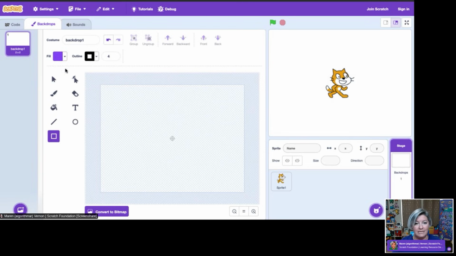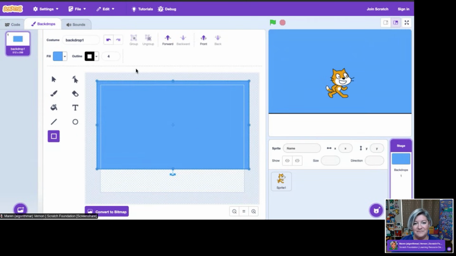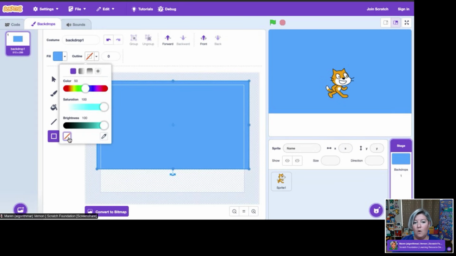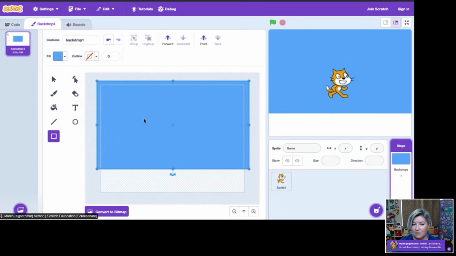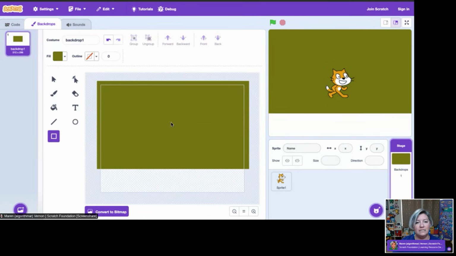So I'm going to take my rectangle here, and I'm going to go to my fill and just choose a blue sky. If I don't want this outline on it, I could always remove it by saying no outline, or removing the color of the outline. Maybe now I'm going to make another one, and it's going to be ground. So I'm just going to try to find a brownish color here. And notice I'd accidentally had my rectangle selected, so it was changing this color.